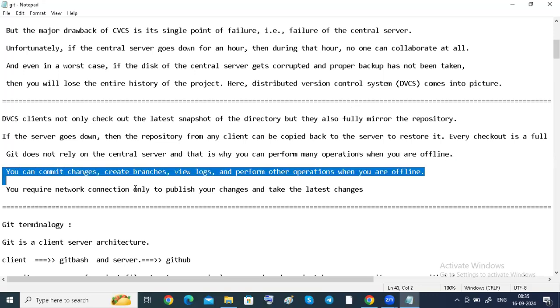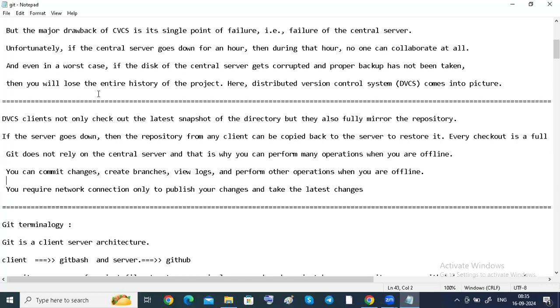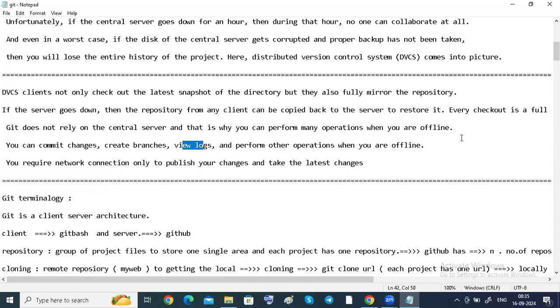While going to the practical, you can see that when they commit, commit changes will be there after they develop their code. That means how the code will be committed, changes, creating branches, viewing logs. I will show you offline itself. No need for internet, but I will show you. They develop their code locally, guys.